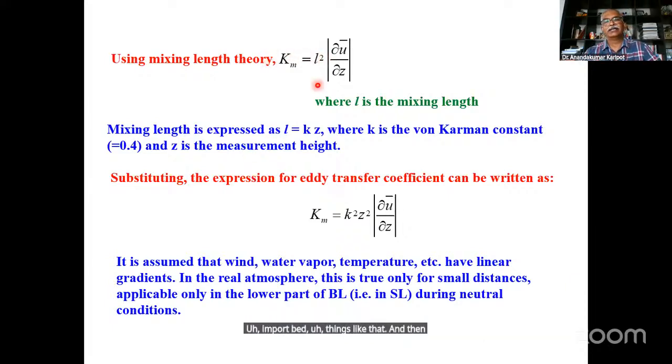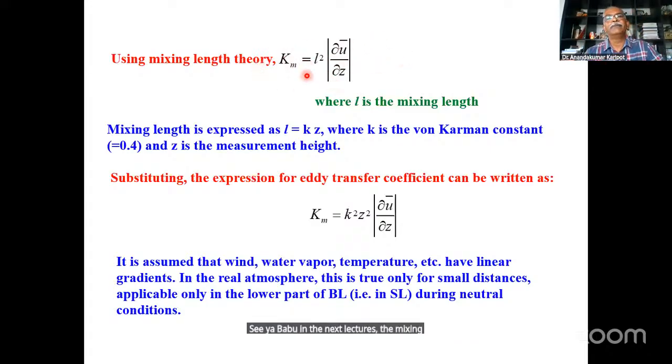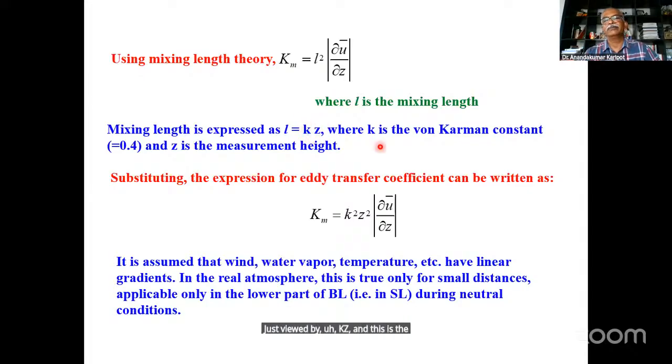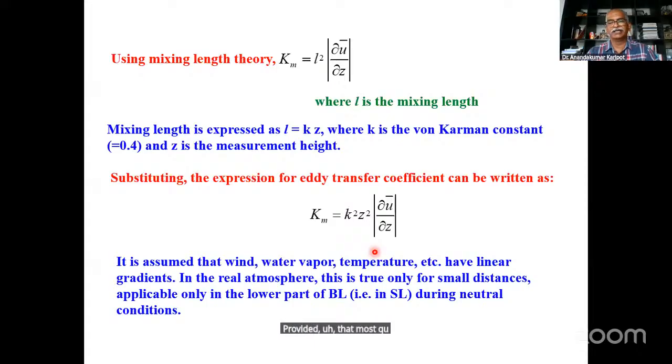And then how do we calculate Km? Briefly mentioned here, using the mixing length theory. I think this will be explained by Professor C.A. Babu in the next lecture. In the mixing length theory, Km we can write as L square times the absolute value of the gradient of the U component. L is the mixing length, which is given by kZ, where small k is the von Karman constant, having a value of 0.4, and Z is the measurement height. So using this relation for near neutral conditions, we can calculate the value of Km and use it in those previous equations, provided the boundary layer is neutral and